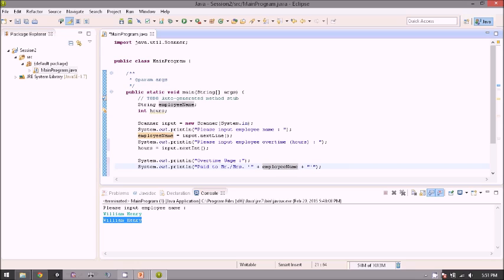And then if you want to add something after the employee name, just use a plus and open a new string using double quotes.